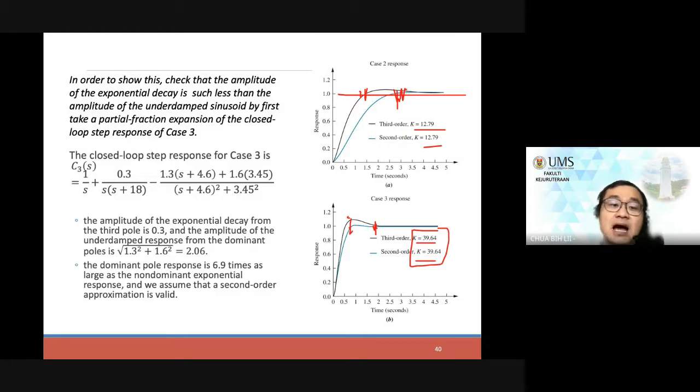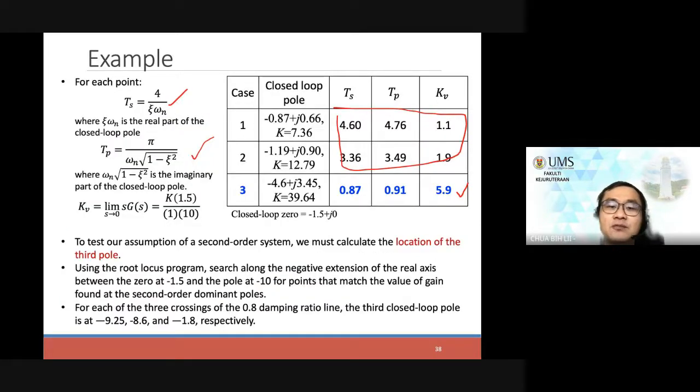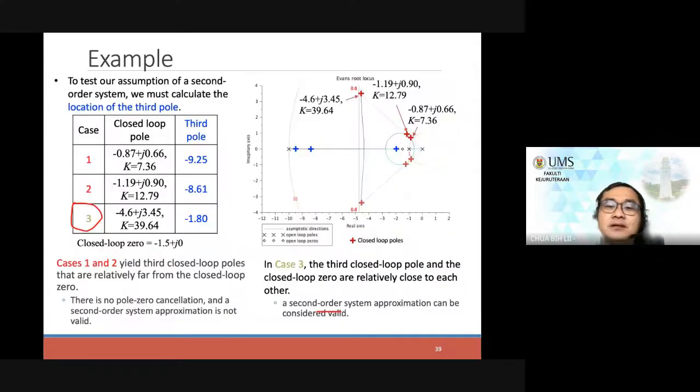So this is how we can justify that the poles of case number 3 would be the proper one when we use the second order system to estimate the settling time and the peak time. All right,